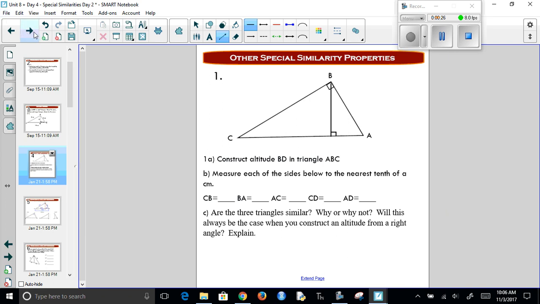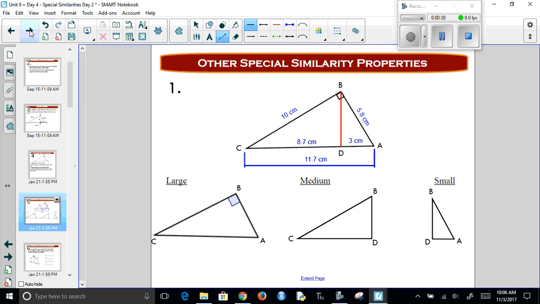Now this says measure every segment and try to figure all this stuff out. I'll just measure them here: 5.8, 10 centimeters, 11.7. I don't know if the printer was exactly the same this time. It might be a different format, but let's say it's pretty close to that. Now, if we do that,